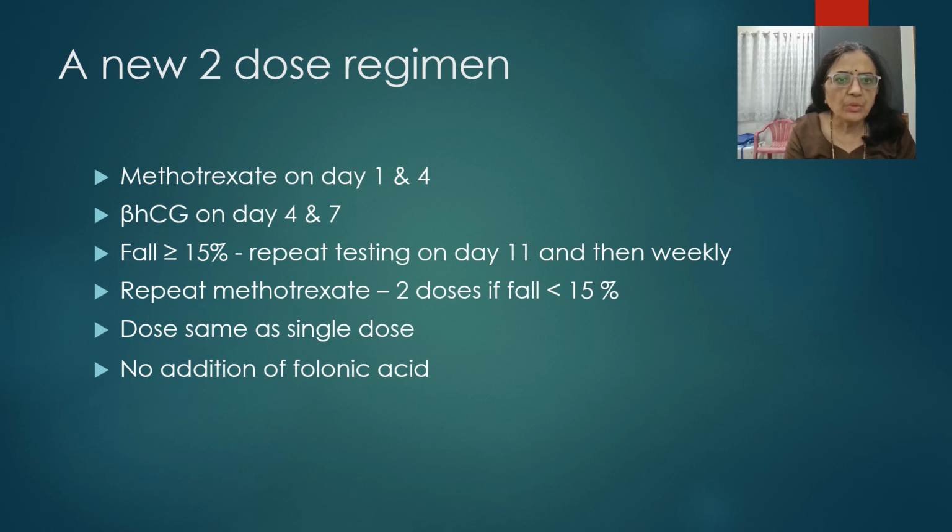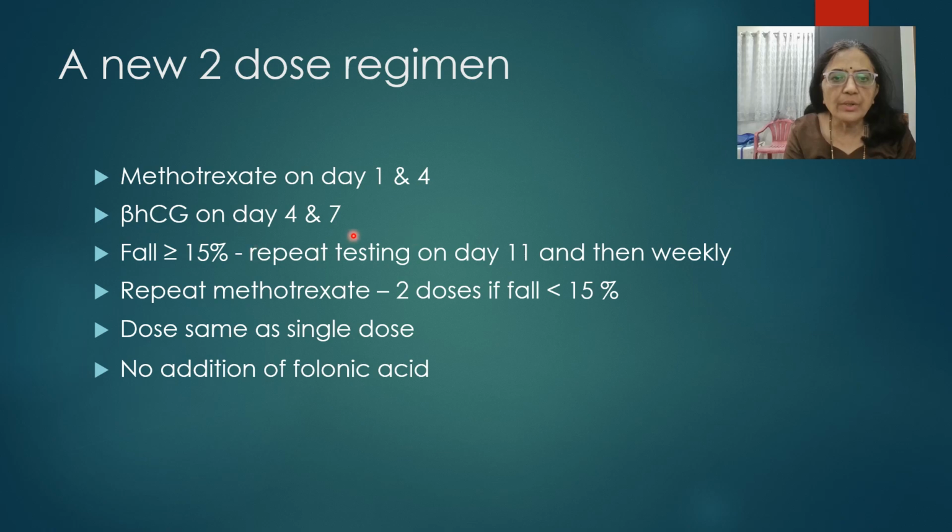Now there is a new regimen which is given in some of the textbooks, and that goes by the name of the 2-dose regimen. So what is this 2-dose regimen? It is exactly midway between the single dose regimen and the multi-dose regimen, where methotrexate is given on day 1 and 4. Beta-HCG is repeated on day 4 and 7, and as per the trend of the fall,